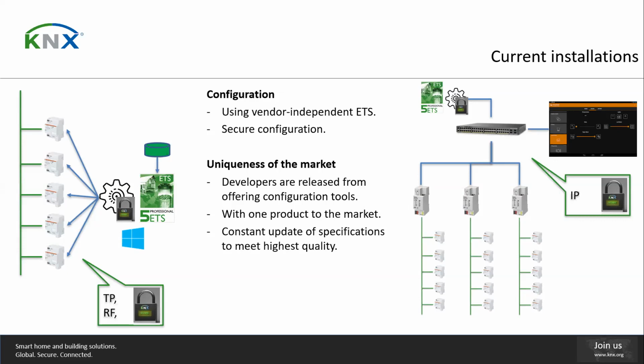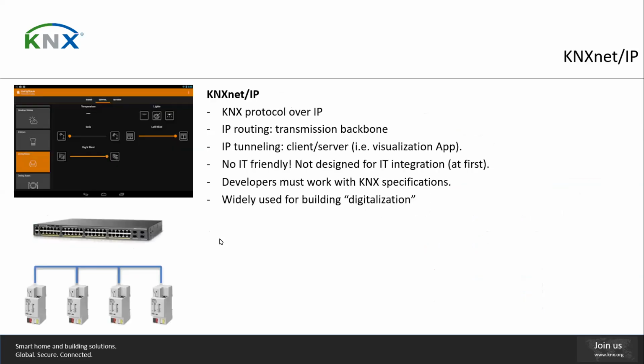For instance, you can have a large building. On each floor, you have your KNX equipment working over twisted pair, radio frequency, and then you link all these floors using the existing IP infrastructure, and KNX can communicate over the IP. So, as you can see, IP communication is possible, and it is thanks to the KNX NetIP